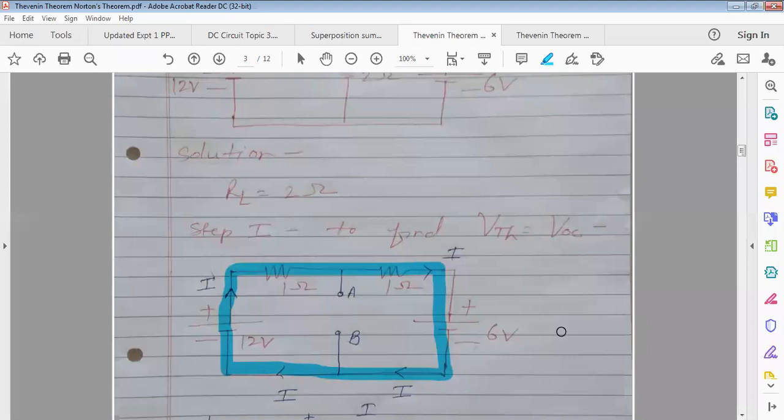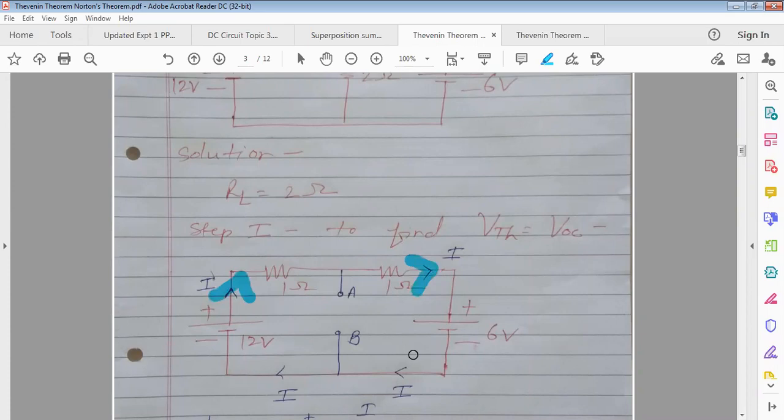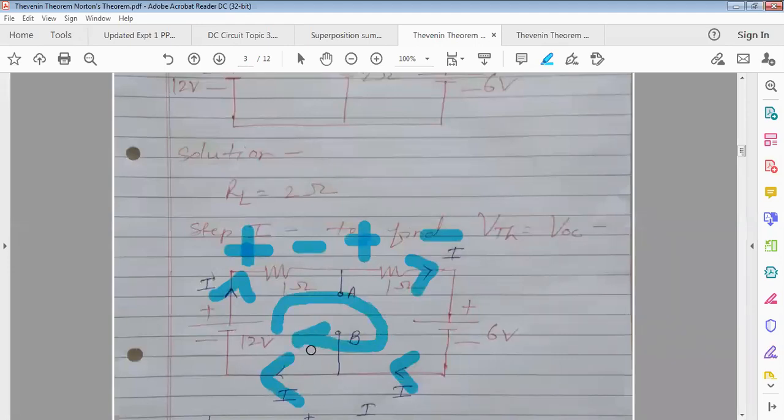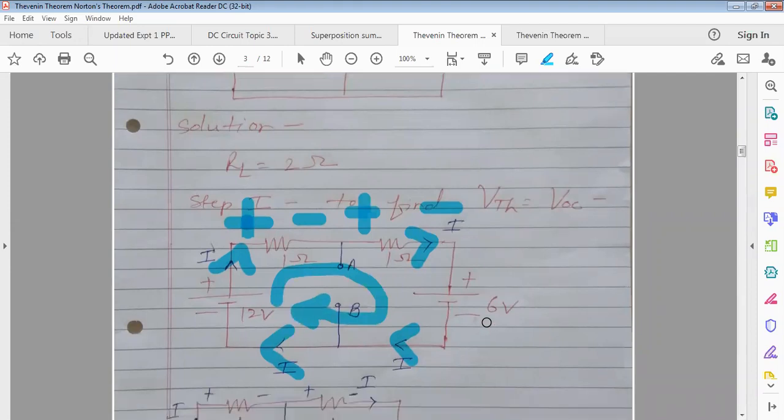So again the same method. What are our methods of Kirchhoff's law? Mark the branch current direction. With reference to branch current direction, mark the polarity of voltage drop across each resistance. Means this terminal will be positive or negative. 1 ohm left side terminal will be positive or negative. Positive. This one will be positive, here will be negative, this one positive and this one will be negative. Then apply Kirchhoff's voltage law to this loop, isn't it? And then you will get the value of current.